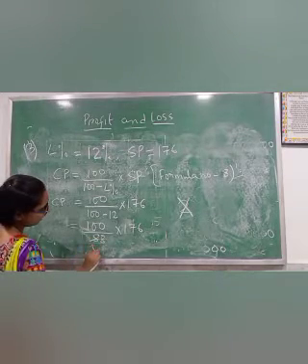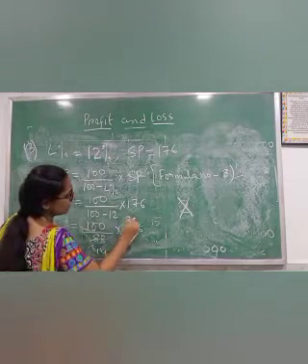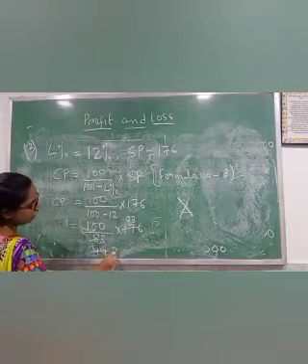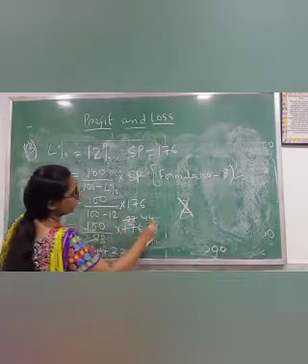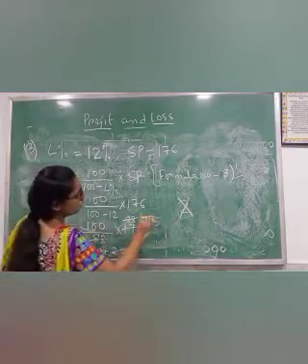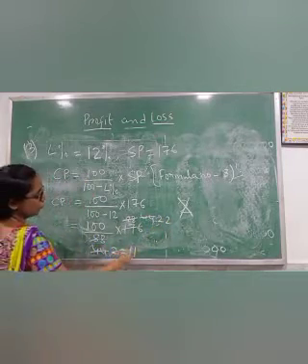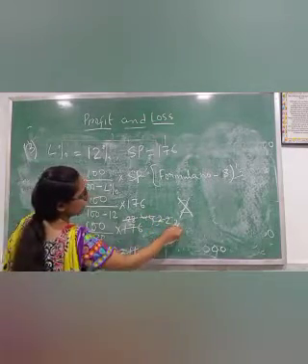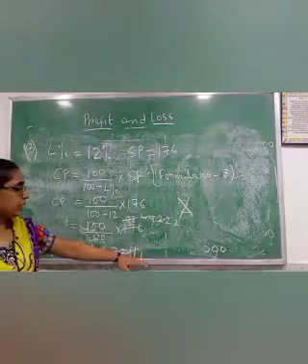2 4s are 8. 2 8s are 16. Again 2 2s are 4. 2 4s are 8. 2 1s are 2. 2 2s are 4. 2 1s are 2. 11 1s are 11. 11 2s are 22. Nothing left at down.